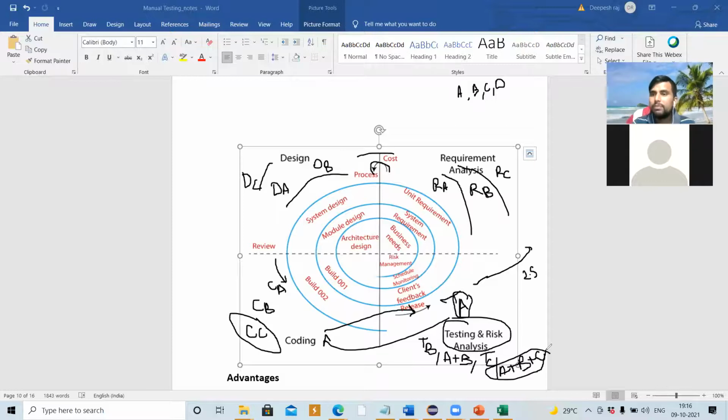Once the feasibility study is done, hand it over to the designing phase. The designer will start designing the requirement. Once designing is done, it is handed over to the developer for developing the application using any programming language. Once coding is done, it is handed over to the test engineer to test the application.